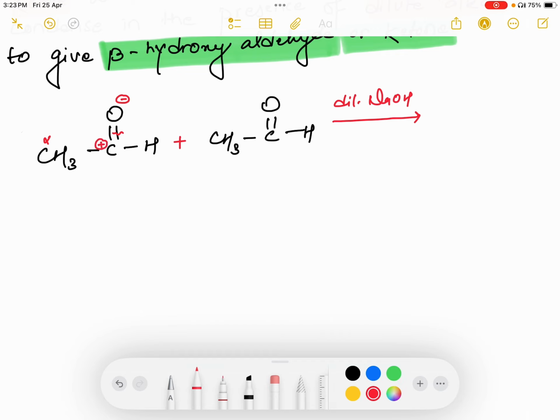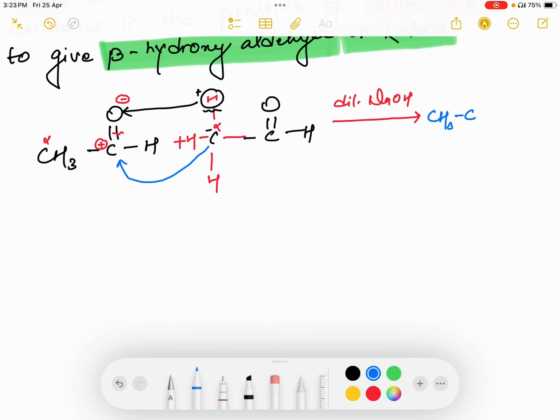Now from the other aldehyde, what will happen? The alpha carbon, which has three hydrogens. Let me represent it in this way, H, H, and H. Now one of the hydrogen bonds will break. H will move in the form of plus charge and C will have minus charge in this scenario. The H will come and attach to this oxygen and the C will come and attach to this carbon. So the product formed will be